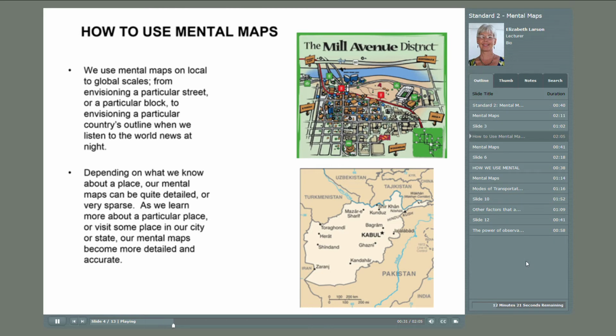Note, for example, the two maps on this slide. The top map is the Mill Avenue district next to Arizona State University. If you're an ASU student, you probably know where your favorite stores are, your favorite coffee shops, your favorite restaurants. And you can tell other people how to arrive at these places by landmarks that you have in your head, in your mental map. And it's really easy for you to get around this way because that mental map is